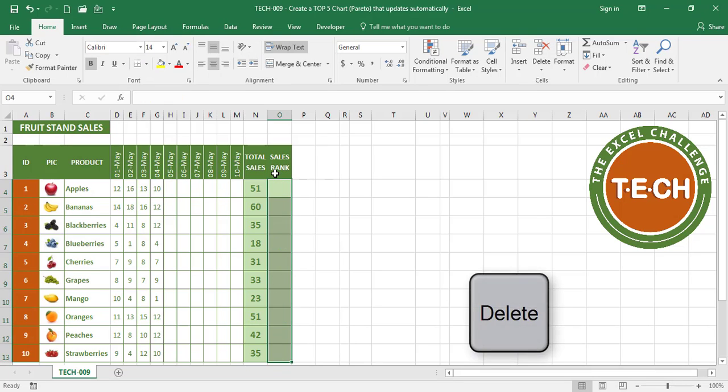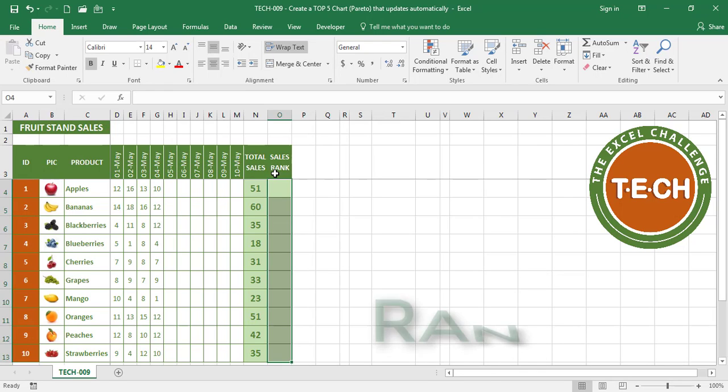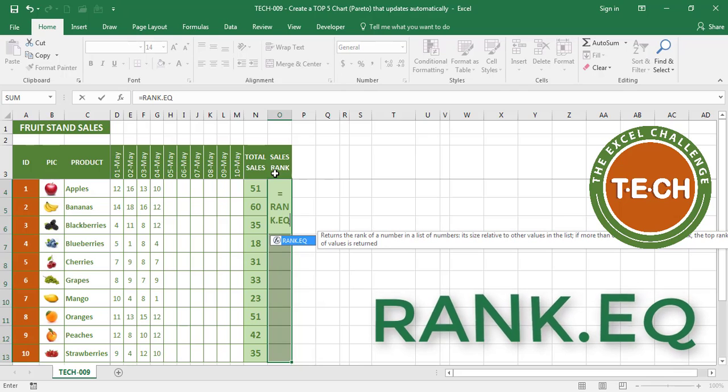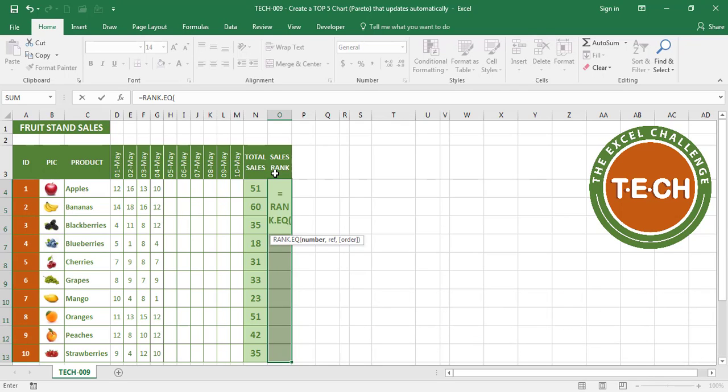I'm going to delete what I have, and I'm going to use the formula RANK.EQ. This formula used to be called rank in previous versions of Excel. So RANK.EQ needs a couple of parameters. The number I want to evaluate, which is this one for apples, comma, the range where I want to rank apples, which is this range, which I'm going to lock with F4,